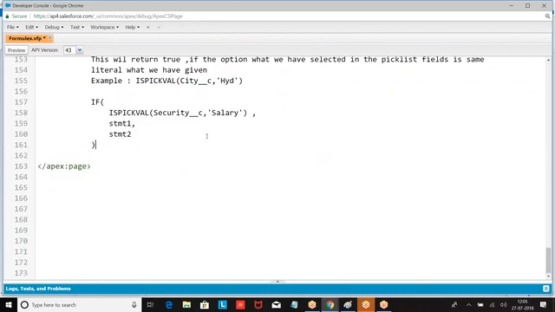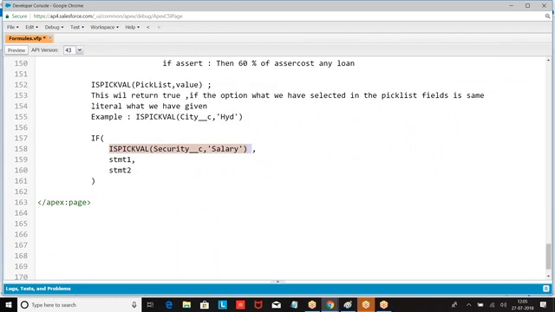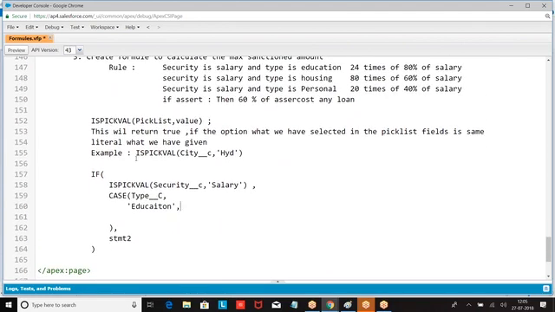Am I right? If condition, this is the condition. If security is salary, statement 1 will come. Everyone is good with this, right? If what we have selected is salary, then statement 1. What is statement 1? I am giving case. What is there in the case? Statement 1 is case: if type is education, then I told you what it was: 24 times of